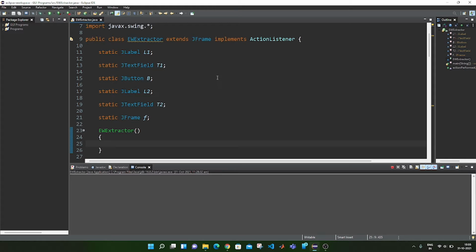And then I am creating some static instances of JLabel, JTextField, JButton, and JFrame. So JFrame is basically the GUI frame which is going to hold all the other components on it, such as the JLabel, which is only a set of characters or string.